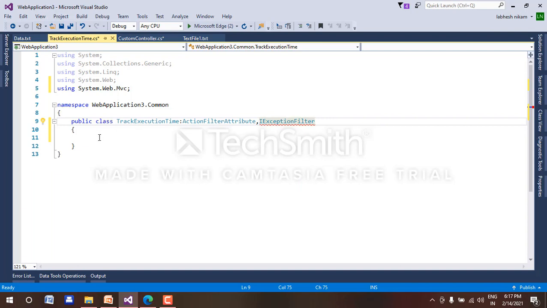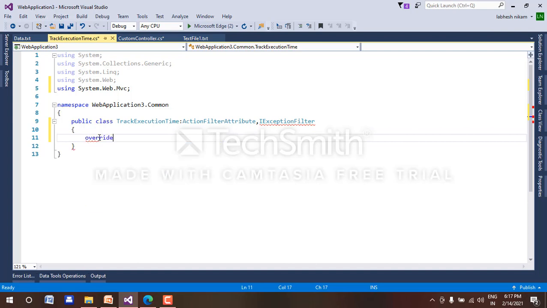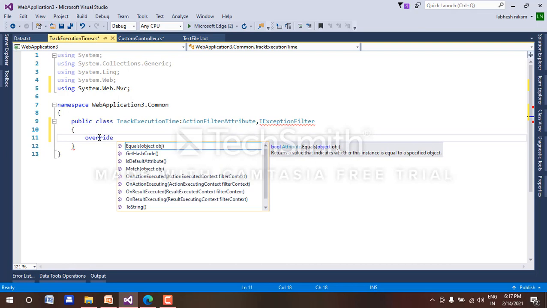And I will override the methods, for when the action is executed and when the action is executing, and implement the method used for that here.